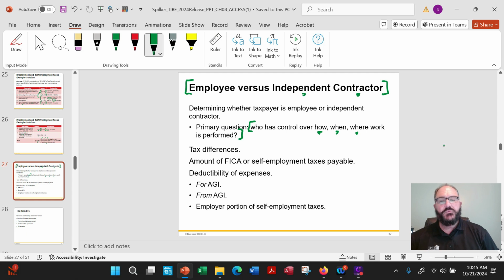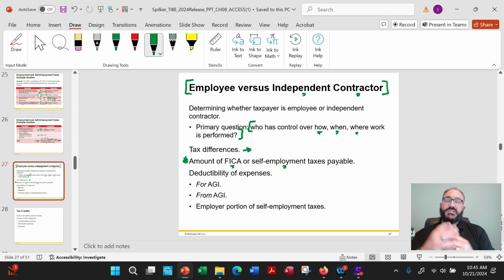Okay? And the reason why, there's tax differences here. A lot of companies these days hire independent contractors for a couple reasons. Number one, not paying them benefits. And number two, you don't have to worry about the FICA. And the big deal is right here. Independent contractors are not paying FICA, Social Security taxes. Also, they're generally not taking out federal withholding tax.